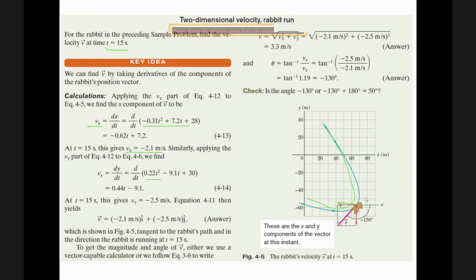The tangent is this vector that I need to analyze. I'm not surprised that I got y because at t equal 15 the rabbit was here. The tangent is this vector, so it has two components, x and y, and both of them, x to the left, y down. So it's not a surprise for me that I got the